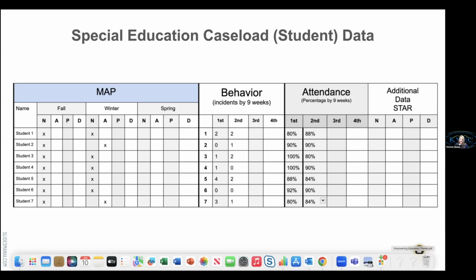So then we really start thinking about our instruction. How do we shift that instruction, and how do we make sure that instruction is tailored and focused so we're seeing growth? That's part of our session today. Once we realize how our students with disabilities are performing, we think about that overall level. What does it look like at our school level? But when we start drilling down for special ed teachers and regular ed teachers that are serving those students, if our instruction's not working, how can we reevaluate the strategies that we're using